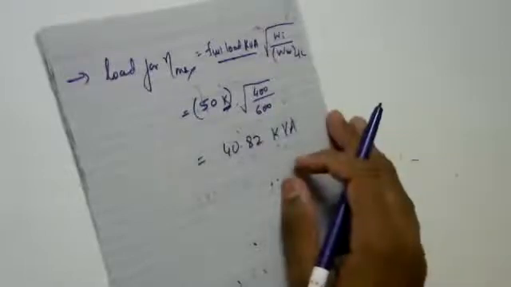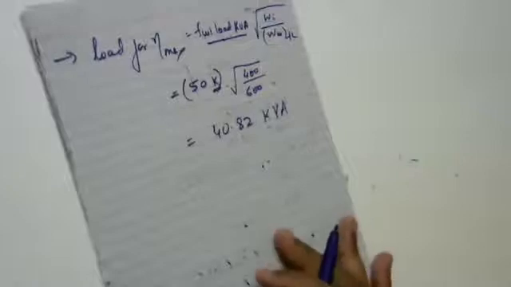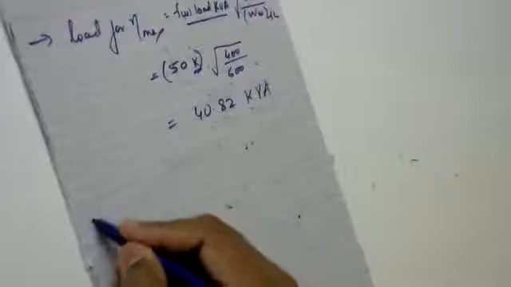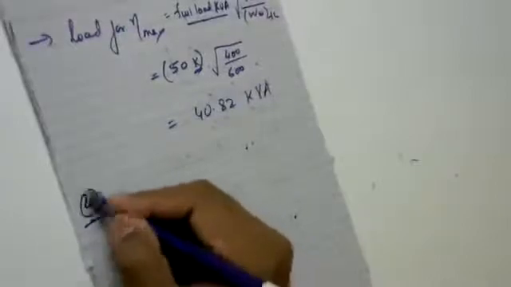Fine. Then if we are able to understand this, we can go for the last numerical for the day. The last numerical says like this. One bit I'll solve, and I want you people to solve the next bits because it's the same as what we are solving now. The last numerical, the fourth numerical for the day.